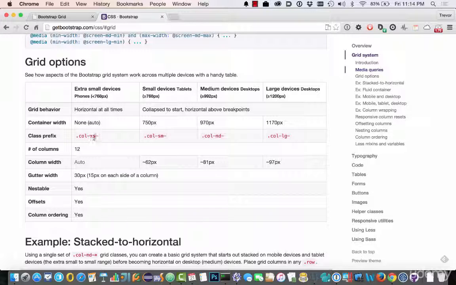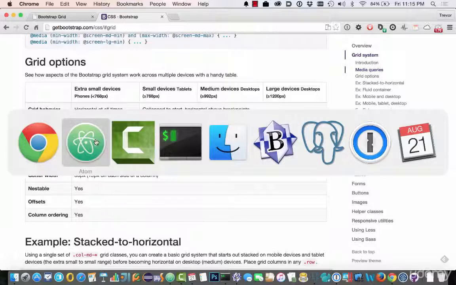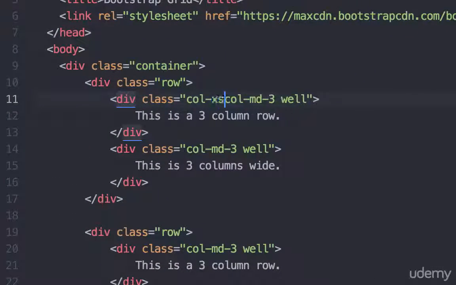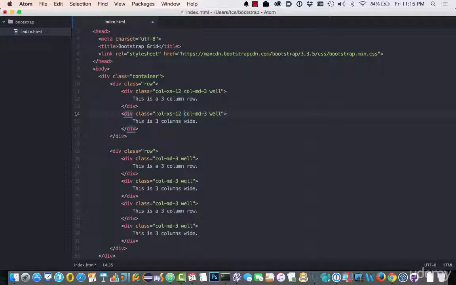So col-xs- plus the number of columns is for extra small devices like phones. Tablets are greater than or equal to 768 pixels. Greater than 992 pixels is a medium-sized desktop, and anything bigger than 1200 is a large-sized desktop. So I can actually go back here to my HTML, and if I was to add another style here, col-xs-12, making this 12 columns wide, and then copy that and paste it everywhere,